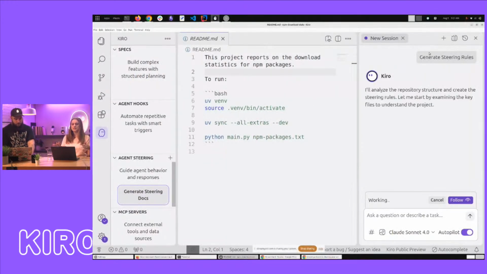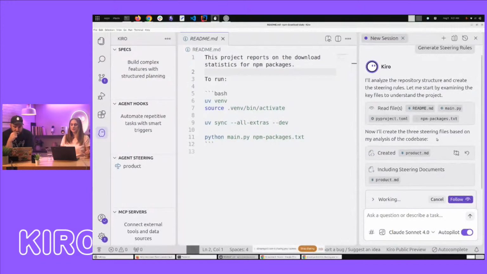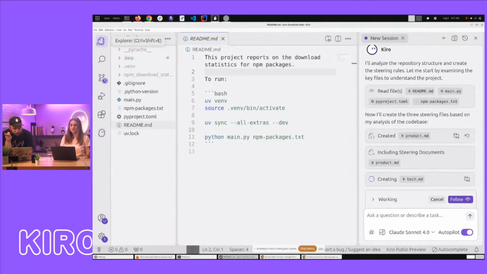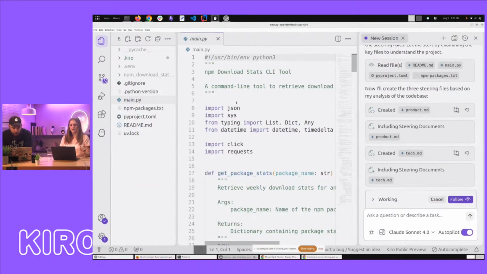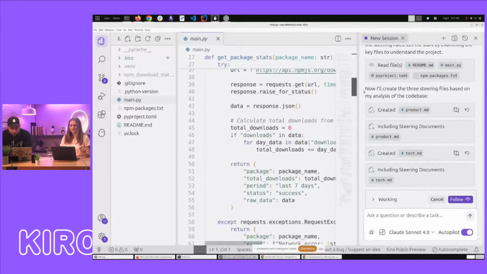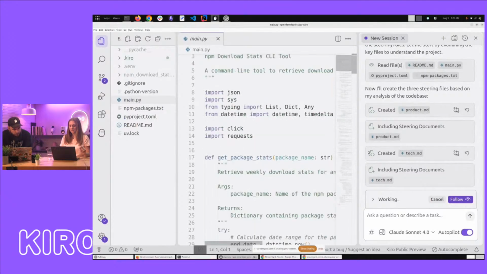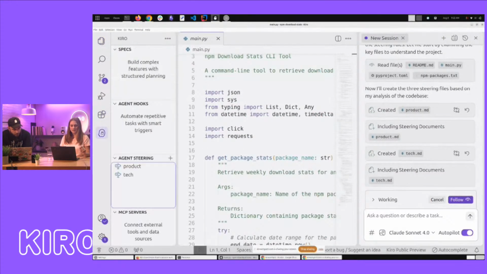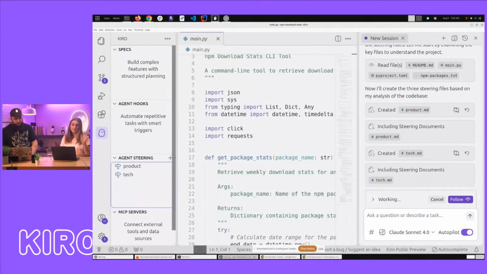So what this does is basically, instead of just looking at my README, it's going to look at my README, but it's also going to look at some of the main files. Yep. This is also not very well documented. But you do have a steering doc, I see. No, well, this is what I'm generating right now. You're generating. Yeah. Oh, sorry. Actually, this is not bad. I think I created this with Kiro to begin with, actually. Okay. So it's not bad. It's well documented. Okay, I see good Python documentation here, so that's pretty good. Yeah, that was not written by me. I have to give credit to the AI.